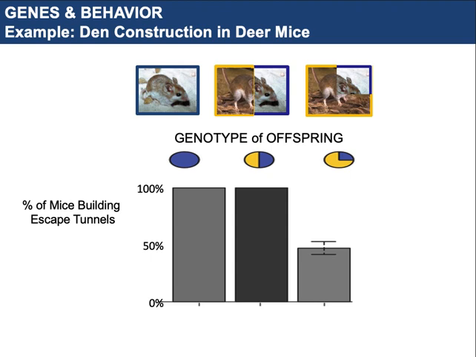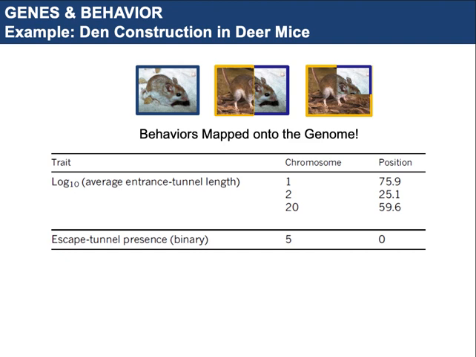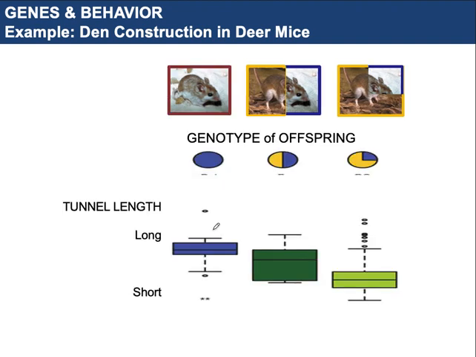And so this highlights another behavior that's tied to the genetics of a species. The researchers in this study were actually able to map this behavior, this tunnel building and tunnel length behavior, to genes at three particular locations in the genome. Right, so 3 different positions at chromosome 1, 2, and 20. It's fairly interesting here. And so, in other words, the tunnel length building behavior of these populations was predicted by the genotype of the individual.